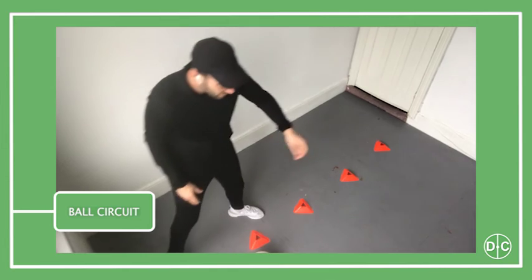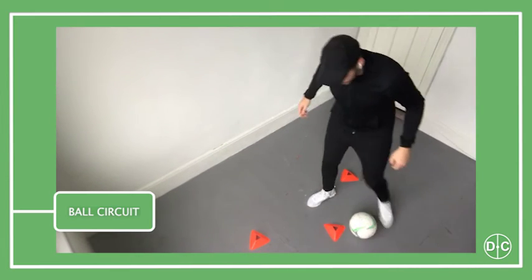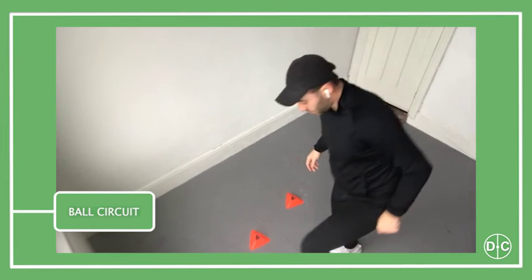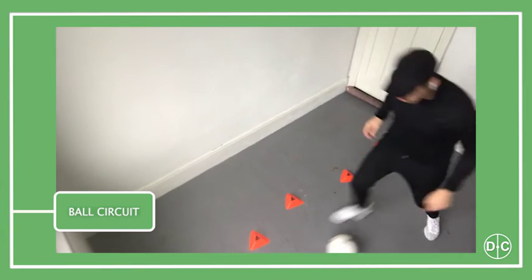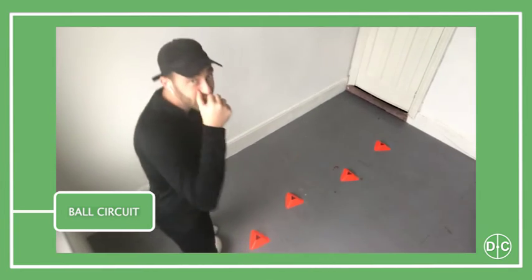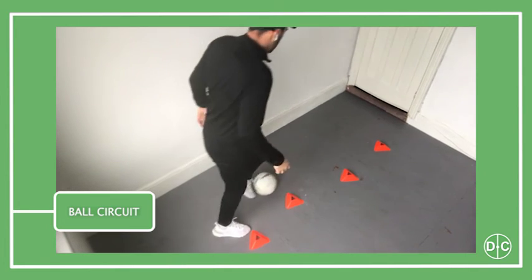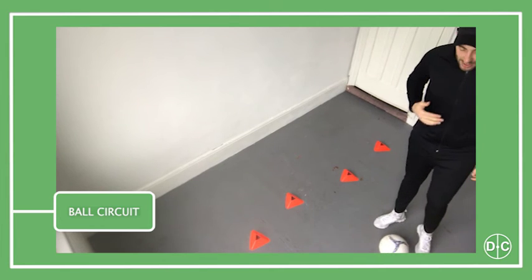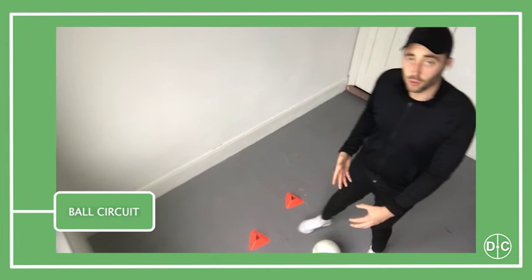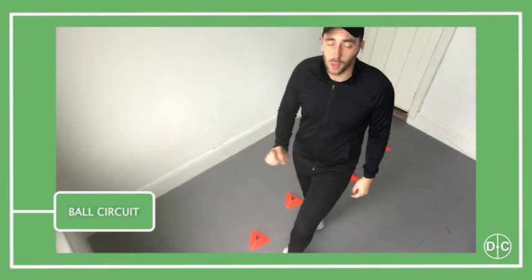So the ball's not going away from us, and so we can create quicker reactions, okay? Say for example, again, without hitting the object, and around, touch, push, okay? So I'm taking potentially less touches maybe, or I'm potentially using different parts of my feet to help direct the ball a little bit sooner, okay? So that I don't have to keep on stopping and controlling the ball all the time, okay? I'm trying to make my movements a bit more fluid and a bit more purposeful to the direction in which